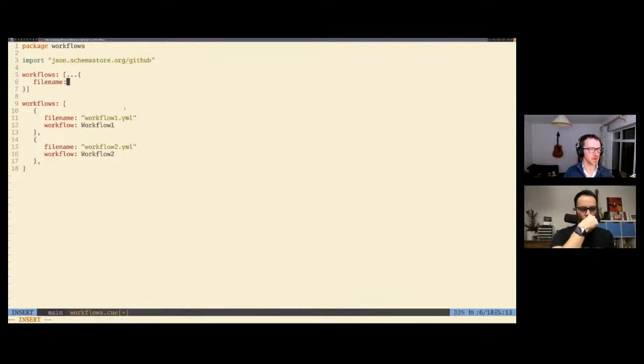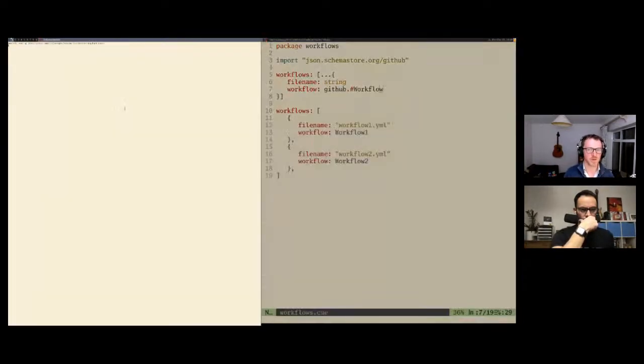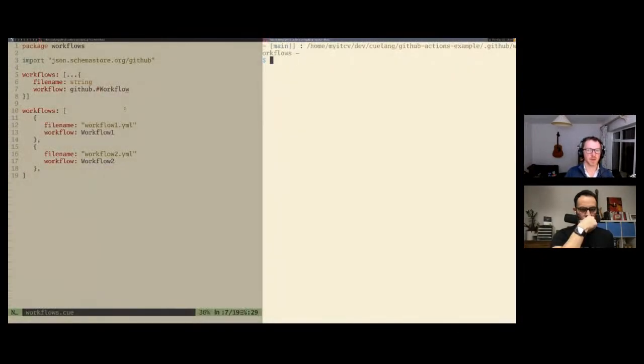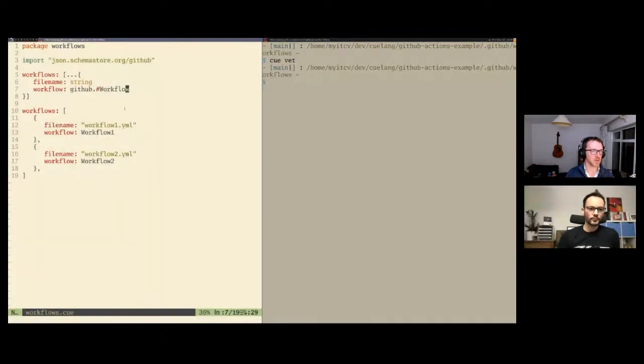objects that have a file name of type string, and a workflow that is github.workflow. I think that should be good for us. Give ourselves another terminal here. So qvet is effectively equivalent to govet, and it's just saying, show me correctness. Perfect. So I just ran qvet there, which is basically saying this change that I made here, this is a